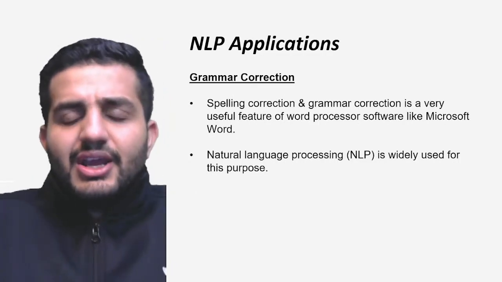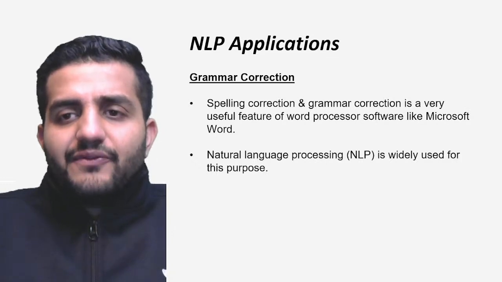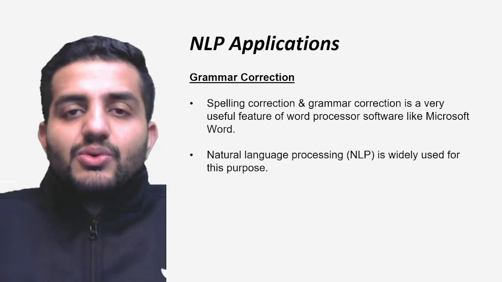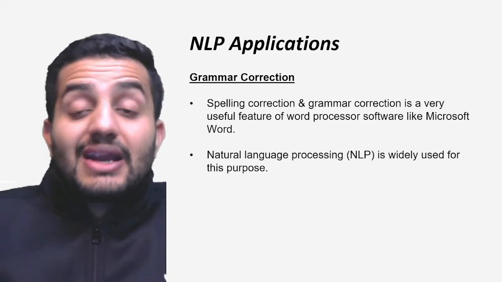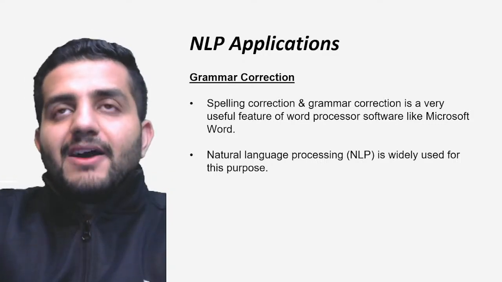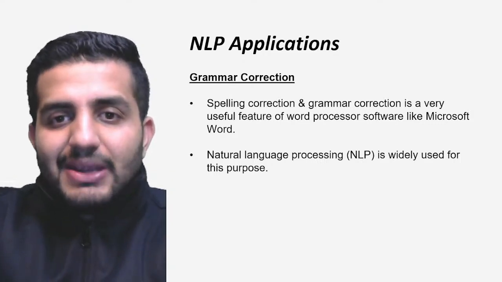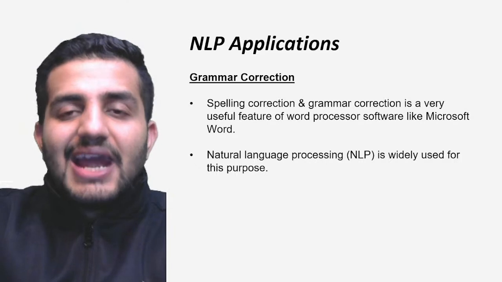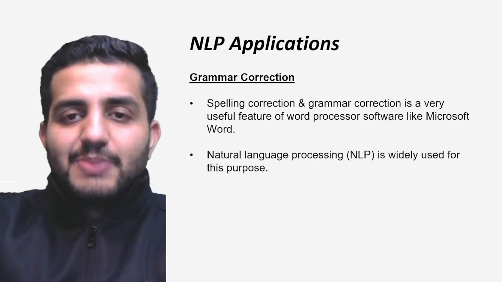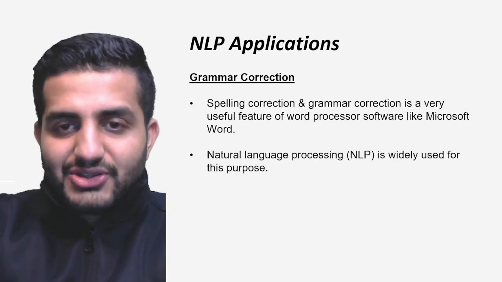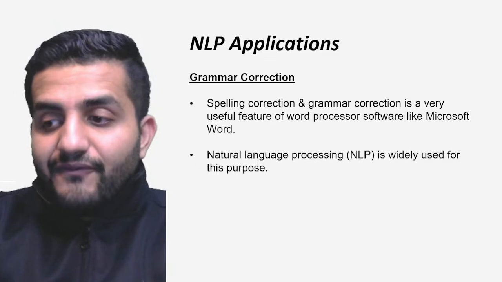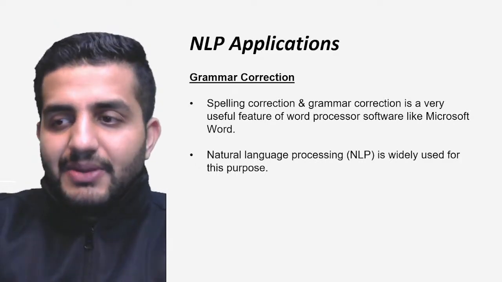Grammar correction. So a lot of times we have word processor software like Microsoft Word. So it is actually giving you the spelling correction and the grammar correction. It is by default giving you those pop-ups, right? And it is marking it with a red underline, right? And giving you a recommendation that, hey, please check the spelling or please check the grammar here. So potential updates also it is giving you, right? So again, a very beautiful concept of NLP running in the background.